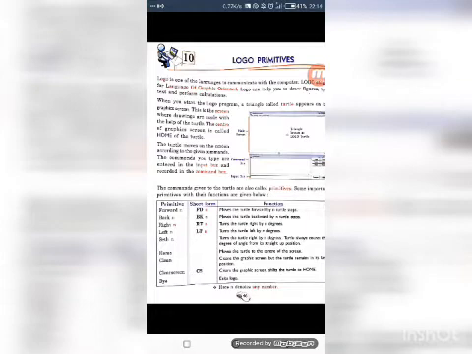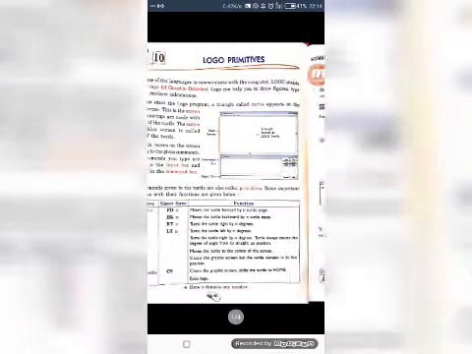The turtle moves on the screen according to the given command. As per your command to the logo turtle, it will perform that task. The commands you type in are entered in the input box and recorded in the command box, as I told you. And what are primitives? The commands that we give to the turtle are primitives.